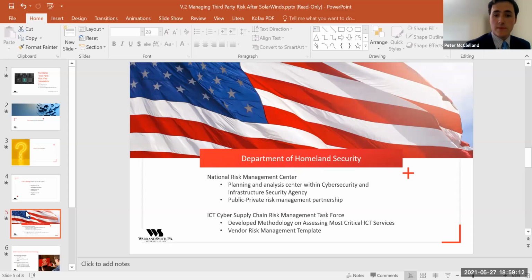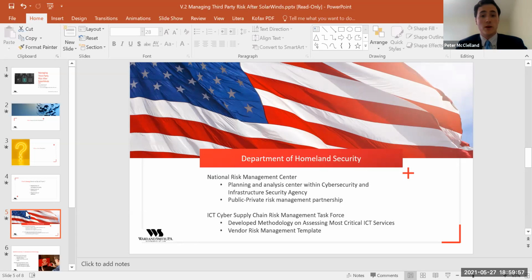Just starting off with the Department of Homeland Security: the reason I'm going to federal resources as the building blocks, instead of a private organization like CIS, is that from a legal perspective, if I have to argue that a company took reasonable efforts, being able to say that they aligned with federal government recommendations, when there are no other guidelines to go by, is going to be very strong evidence and a strong argument on your behalf to show that you're making those reasonable efforts.